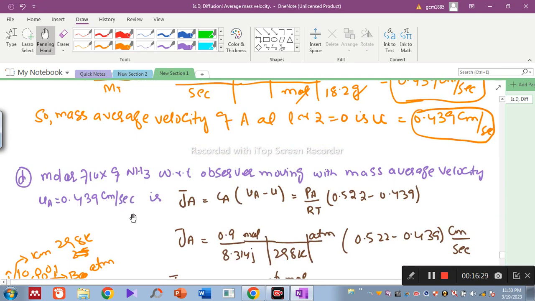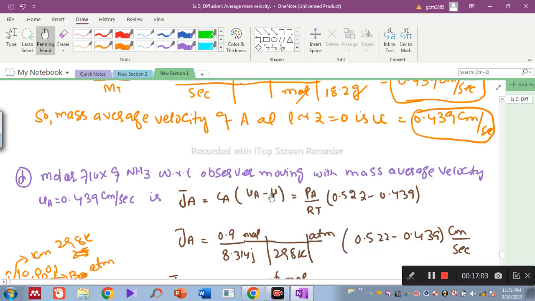Now when the observer is moving with the mass average velocity, the molar flux value will be J_A = C_A (U_A - U). Now C_A is, from the ideal gas law, P_A divided by RT. The P_A at Z equal to 0 position is 0.9, R is the universal gas constant, T is the temperature, and this U_A value is obtained already, 0.522 centimeter per second, and this